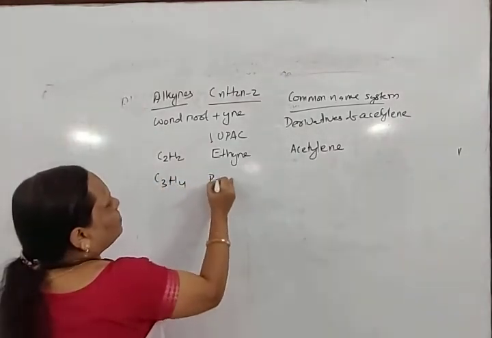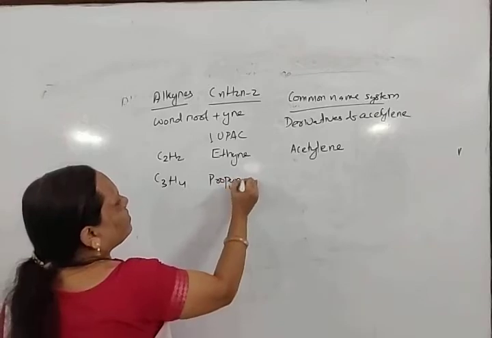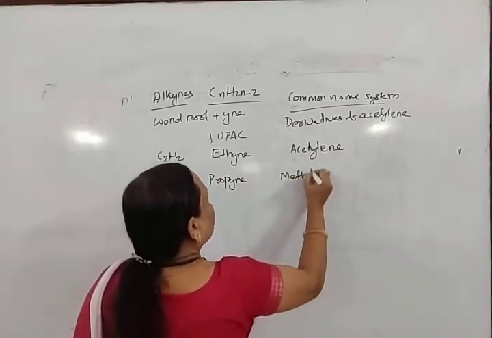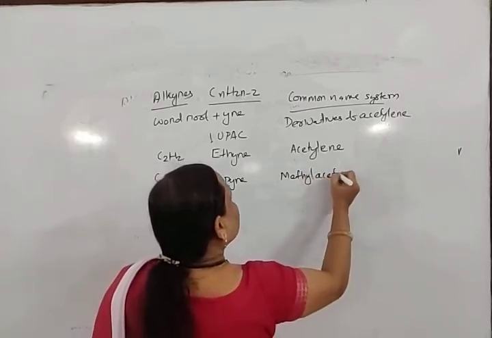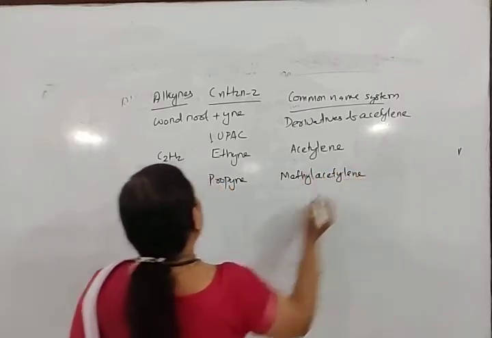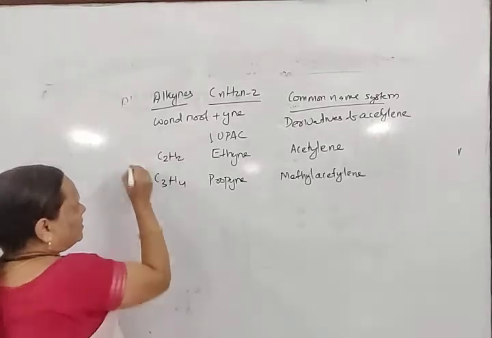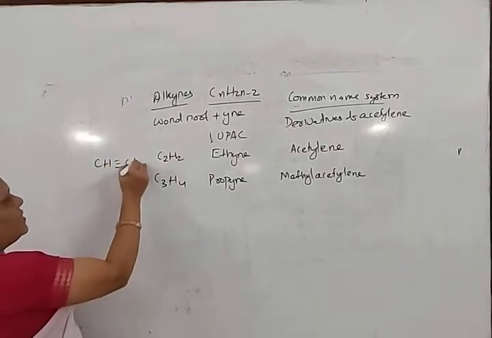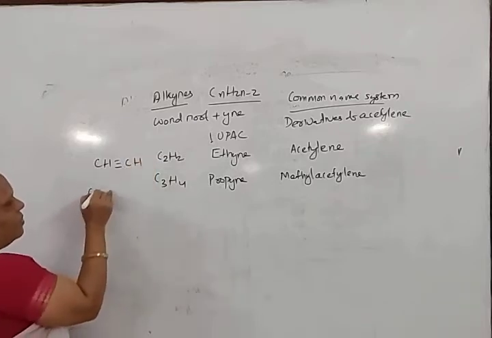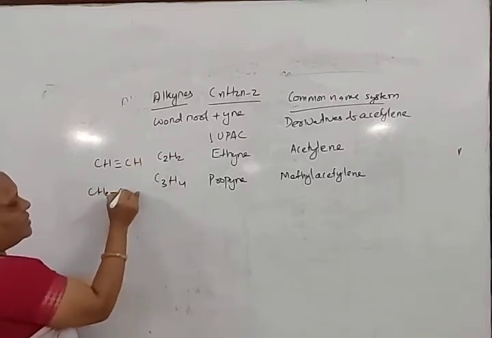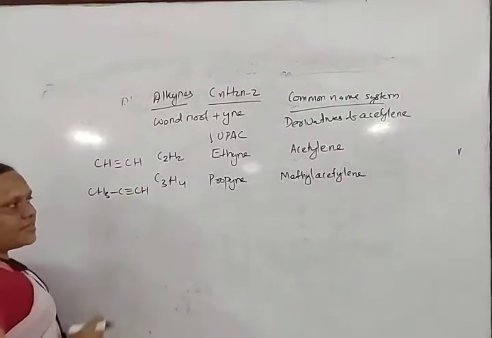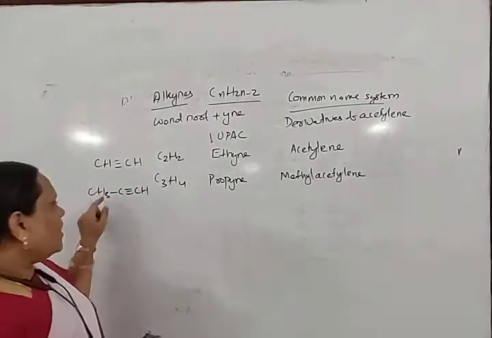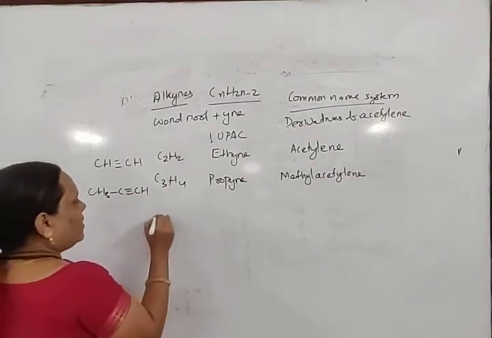C3H4 is known as propyne, also known as methyl acetylene. Because acetylene is represented as CH triple bond CH, and with one hydrogen removed it can be represented as CH3 triple bond CH. This is propyne, also known as methyl acetylene. Similarly,